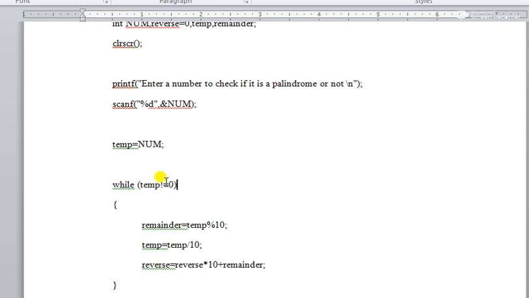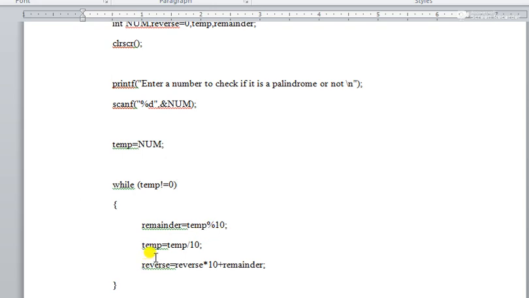If this condition is true, next you have to find the remainder. How do we find the remainder? You use the expression temp modulus 10, performing the modulus operation on your input data with 10.